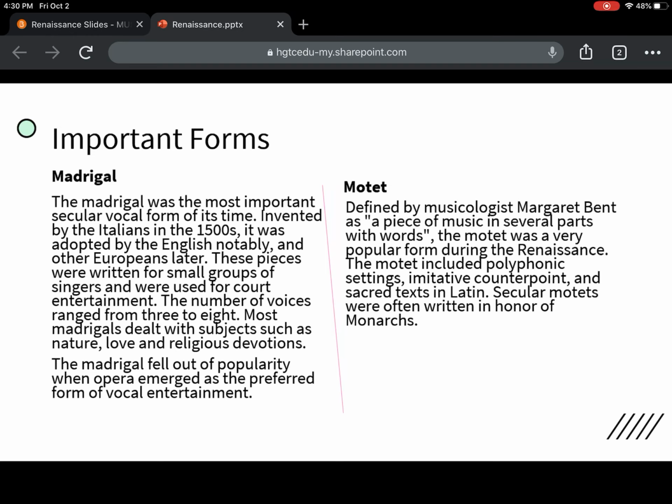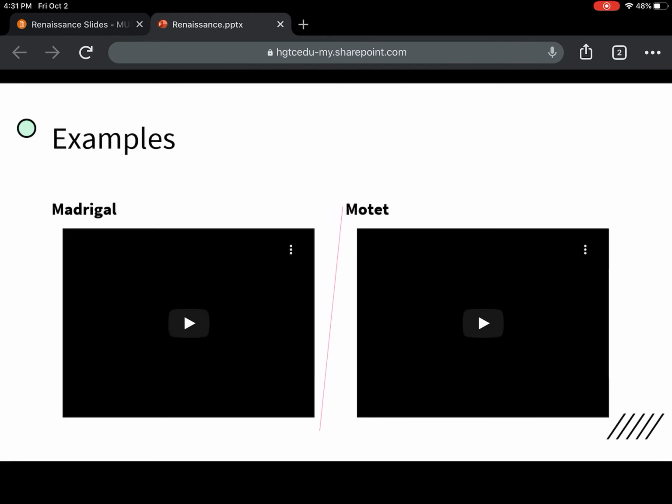Every once in a while, a monarch would want to have a motet written about them, and as monarchs would like, they often had texts set about how they were the chosen of God, and they were the one meant to be ruling, and it is through the grace of God that the subjects of the land should be so lucky to have this monarch ruling them. So I think it's a little loose that we would really call those motets, but I think many composers were probably pressured to write that sort of music.